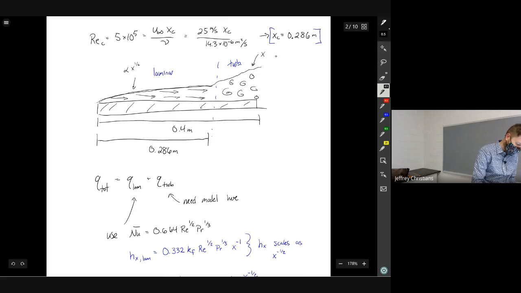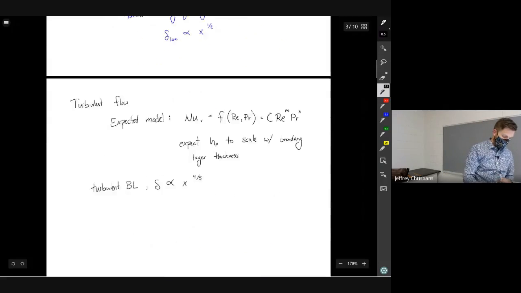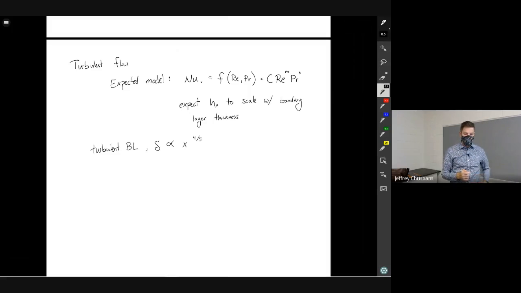Here, you have x to the 4/5, right? x to the 1 would be just a straight line. So it's still a curve, but it's growing much faster. So we expect h to be the same kind of thing. And if we take data and fit data knowing these things,